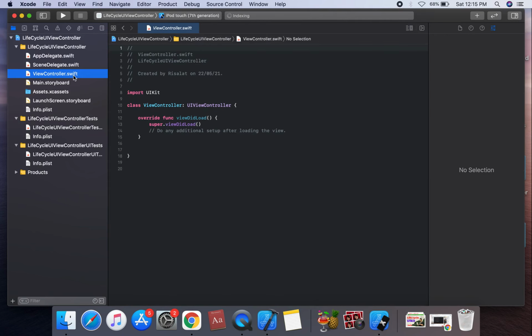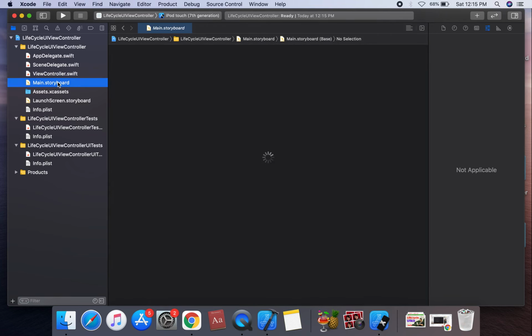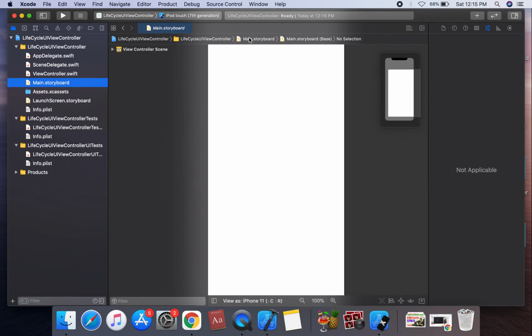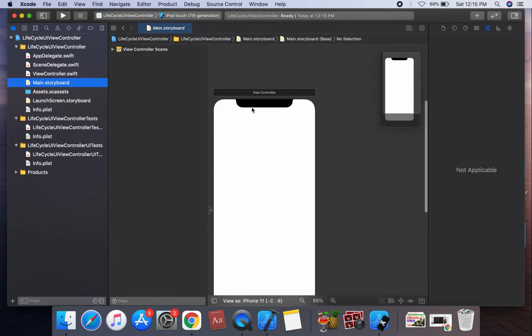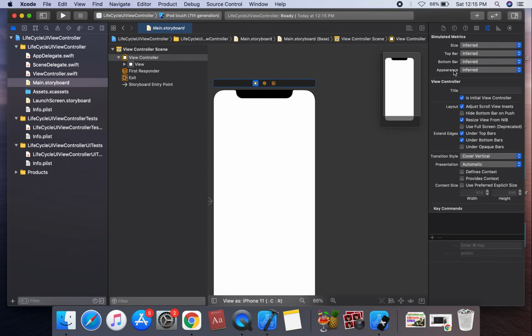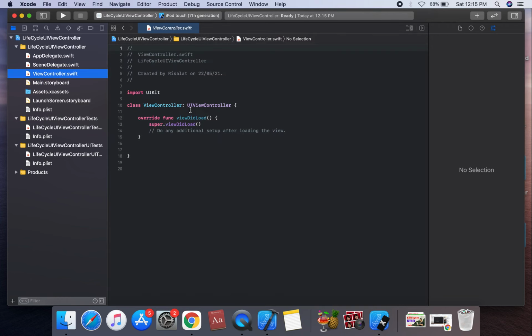So we can create a view controller, the main view controller, and it's an initial view controller. Today I am going to discuss the UIViewController lifecycle.